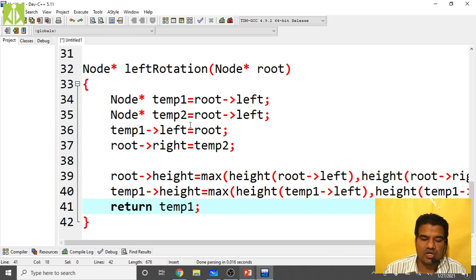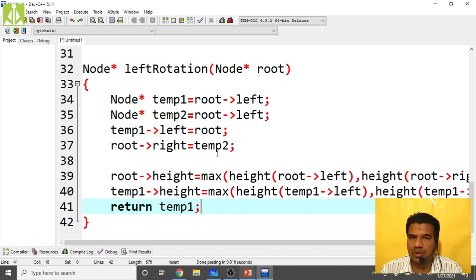We are taking two temporary pointers, and the first thing, temp1 of left equals to root, and root of right equals to temp2. In order to perform the rotation in the left direction, we take two temporary pointers and move things.